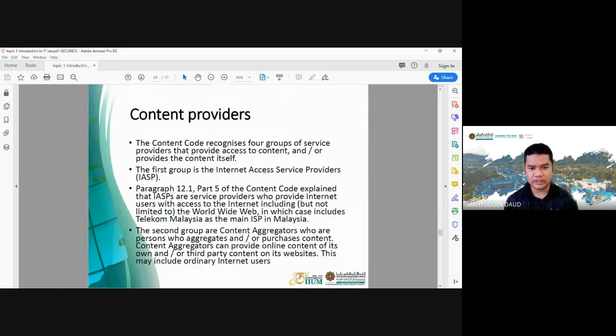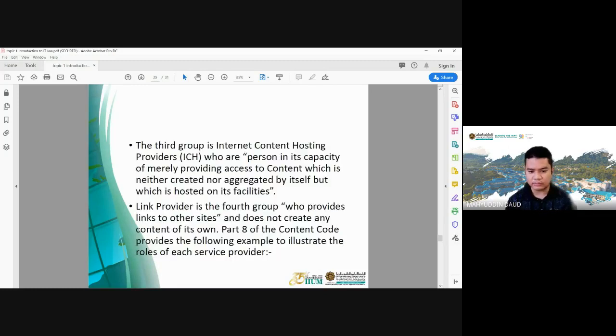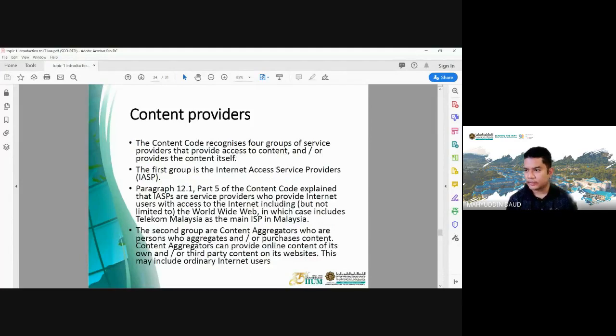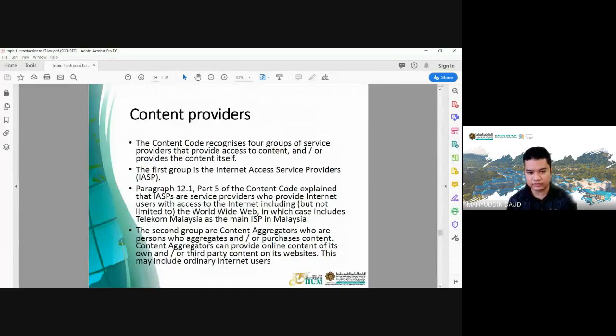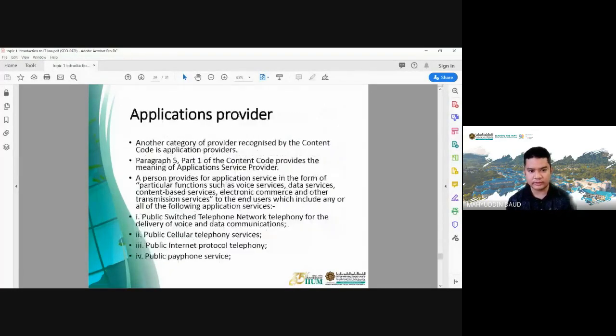Under the two main categories, with a content provider, you can find four sub categories of services, and these four are not necessarily different people at one time. Sometimes content aggregators are also doing the job of link provider. If let's say a company, say company ABC, wants to become a new ISP in Malaysia, but at the same time they want to have another business, which is a content hosting business, they can do that, and then they just register as an ICH, and they can become an ICH at the same time. So that means the content provider can be up to these four categories,